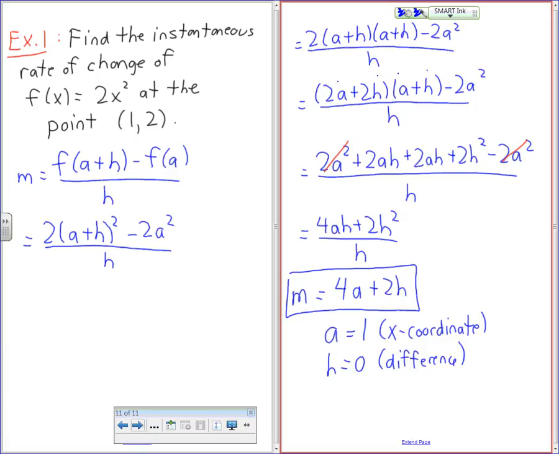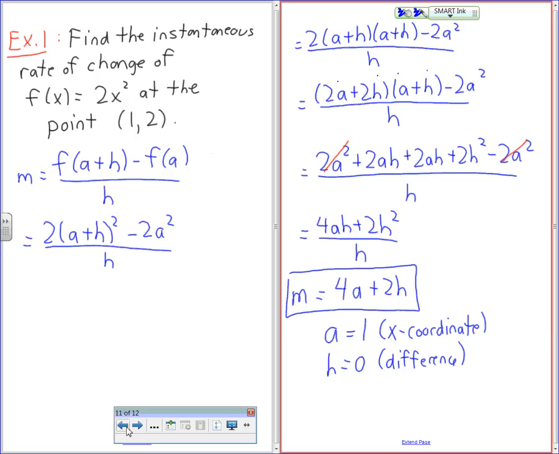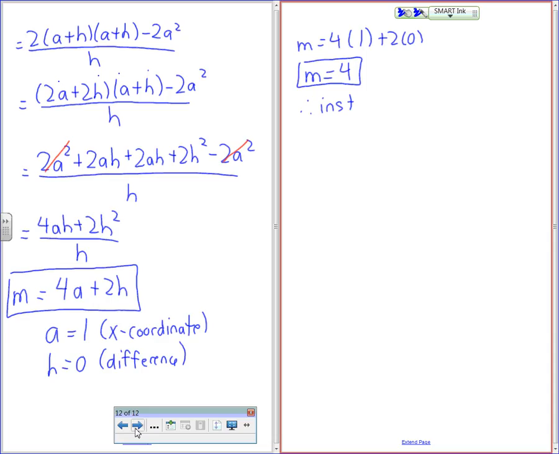So in order to get my instantaneous rate of change, I said using the x value from this, that's what I'm going to use. Therefore, the instantaneous